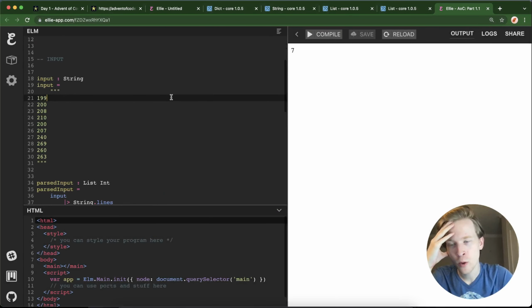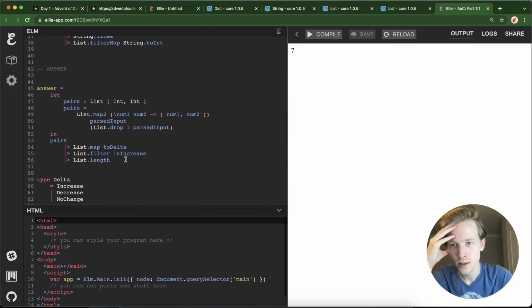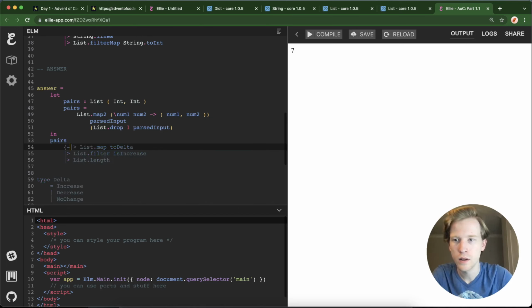So what was happening before with 7 was... let's take a look at our pairs function. So I'm just going to comment this out. So back when we were here,